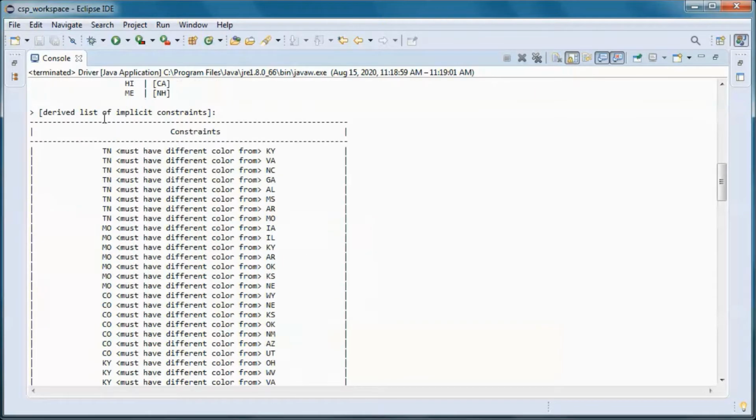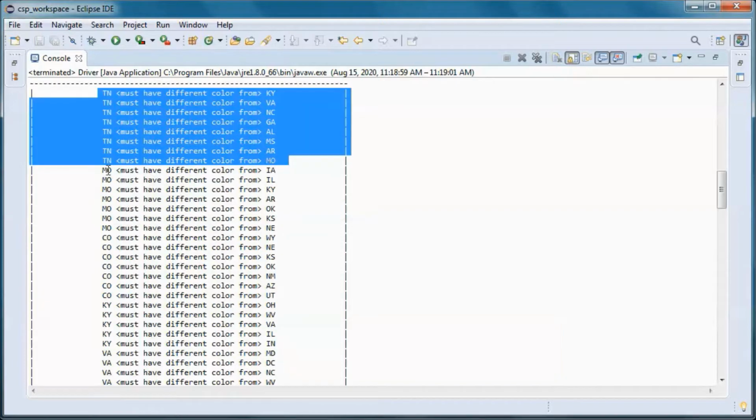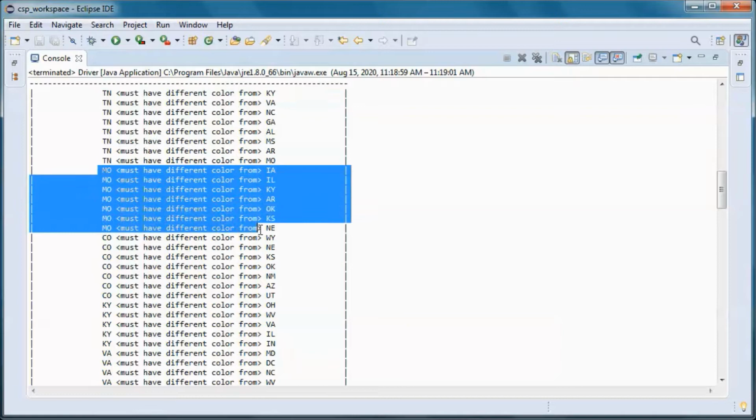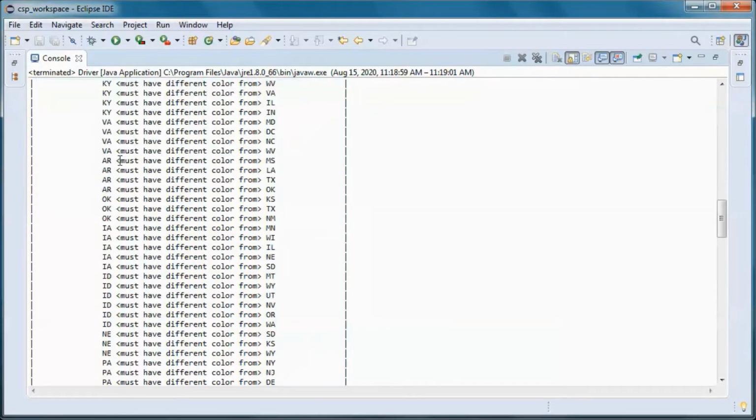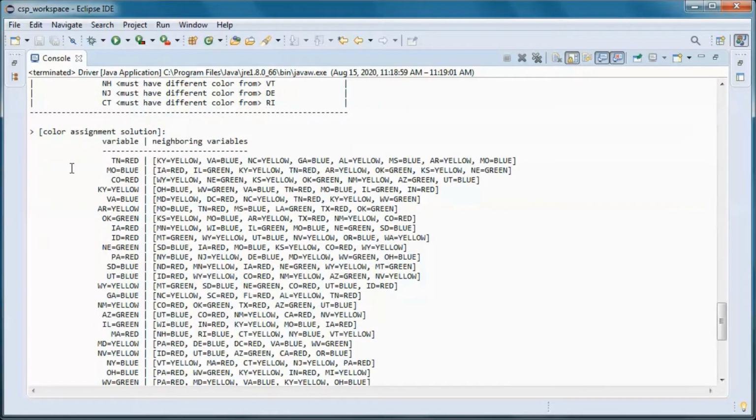And the derived list of implicit constraints is that this state must have different colors from those neighboring states, and this one must have a different color from those neighboring states, etc. And we end up with this color assignment solution.